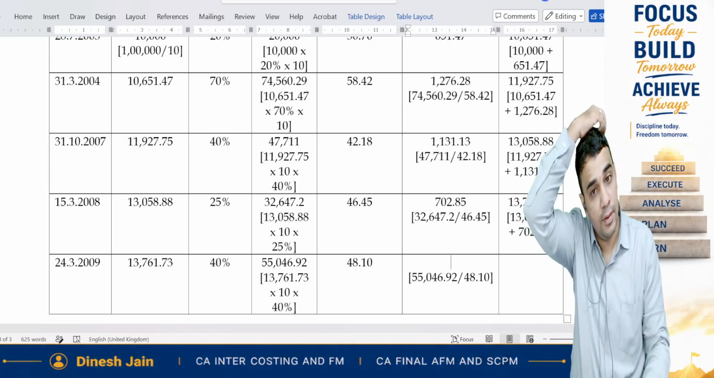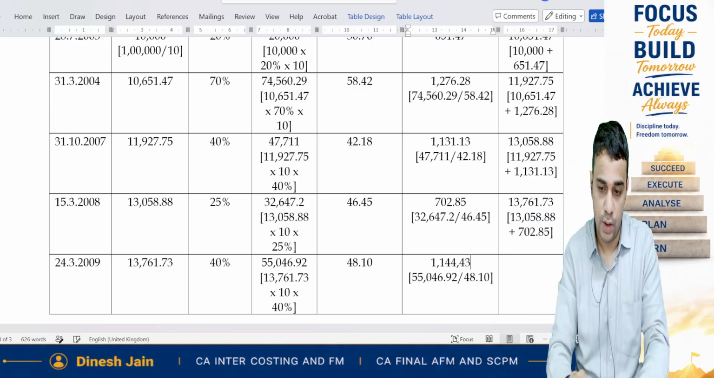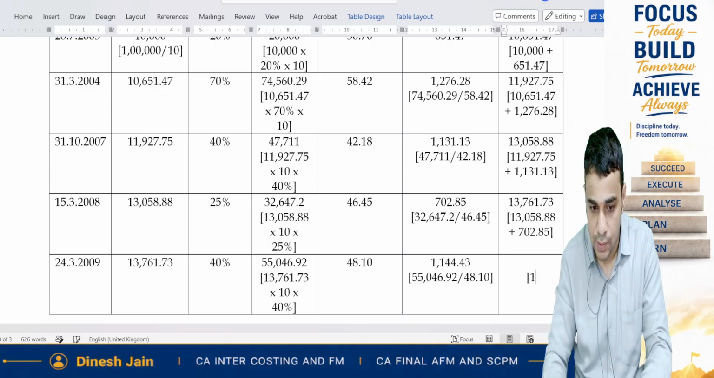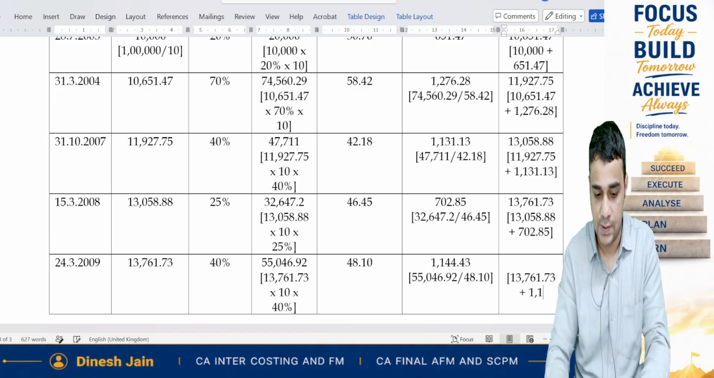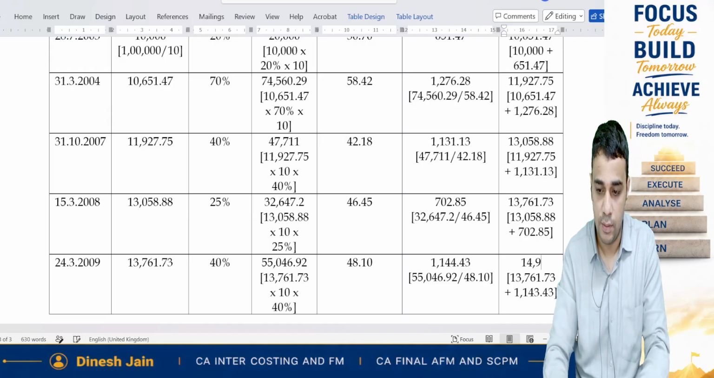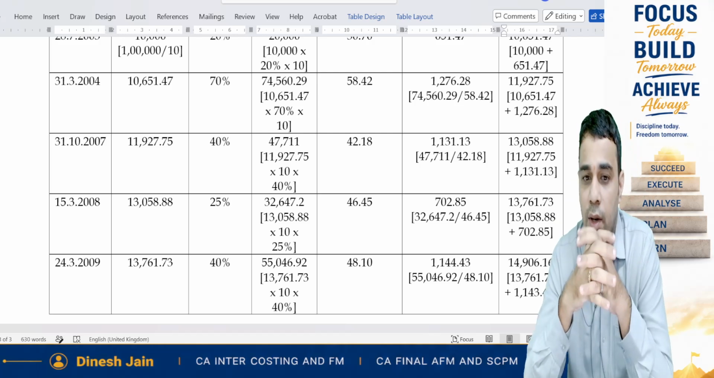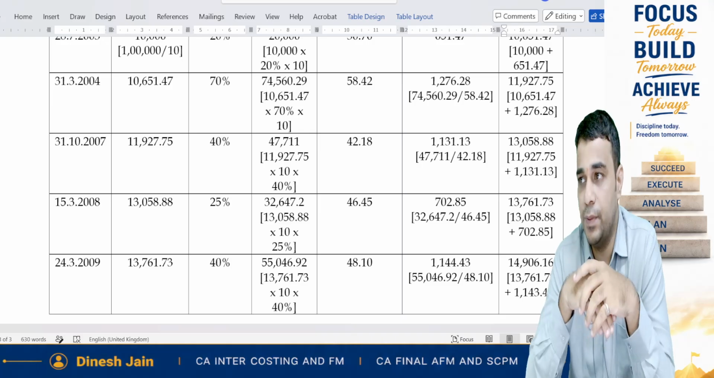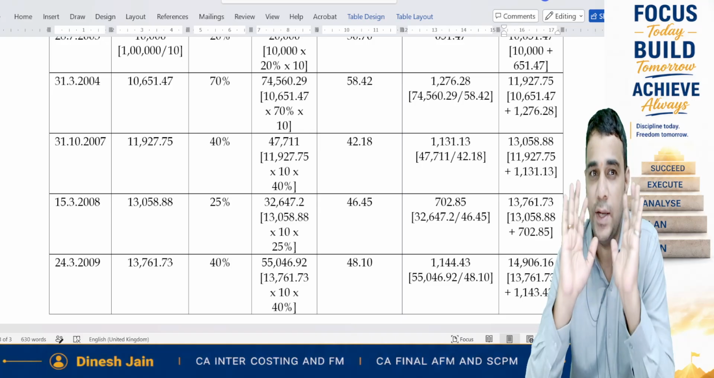What's the number you get? 1143. Now? Okay. So 13761.73 plus 1143.43, 14906.16. Now, the entire table which we did after doing the first situation, it was just a waste of time, or